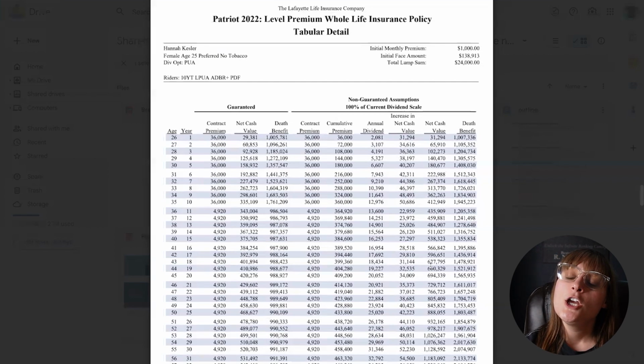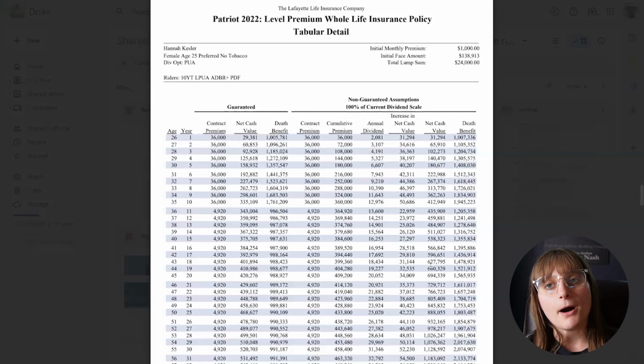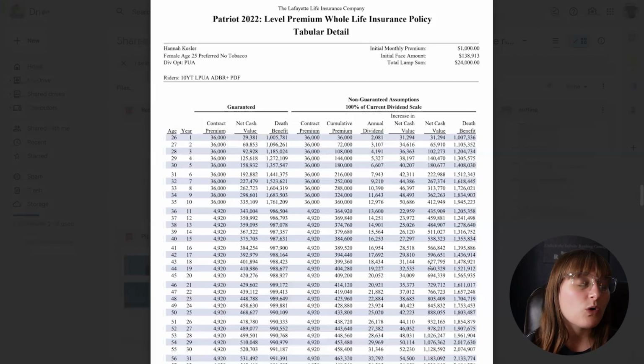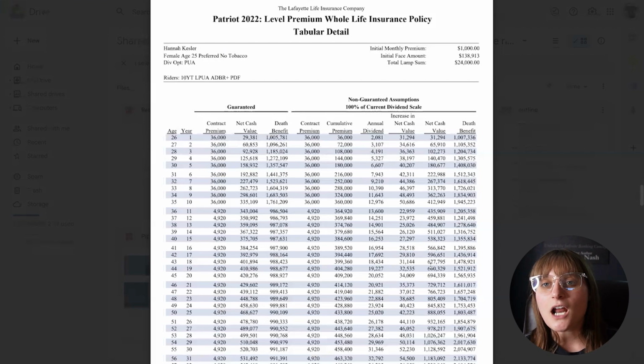So he goes, hey, I can structure a policy where I can commit to $1,000 a month inside of my policy. That's what I'm already saving right now. So instead of saving it down at the local bank, I'm going to be saving it inside of my policy. But I also make some tip money, and I would love to be able to store my tip money that I'm making as a bartender inside of my policies. And the tip money ranges from about $1,500 to $2,000 every single month.